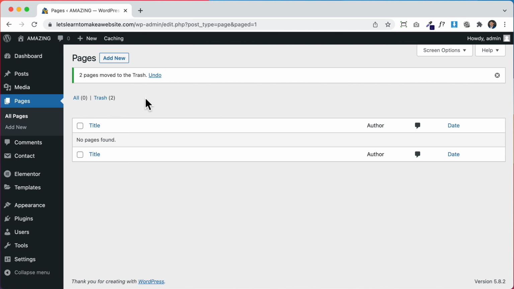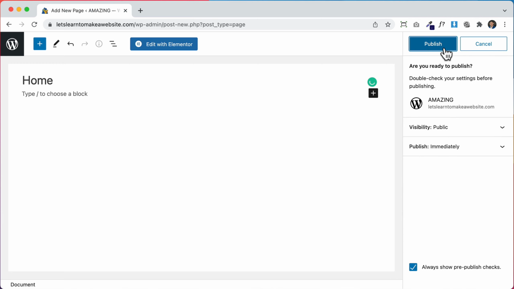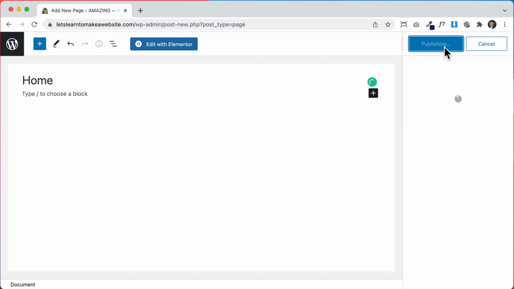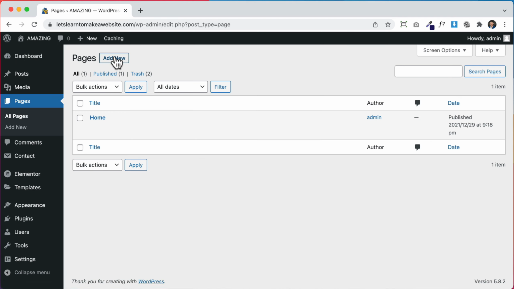Now to add our pages, click add new. And the first page we're going to create is our home page, so we'll just call it home. Then click publish and click publish again. Next, we're going to click on this W to go back, and we're going to click add new again to